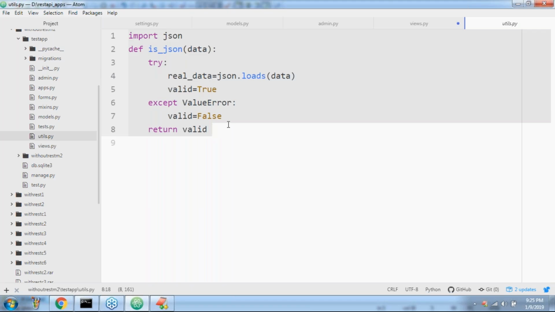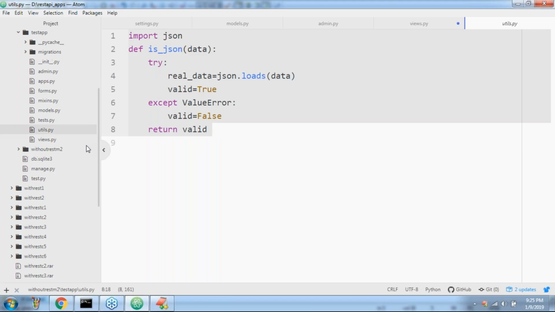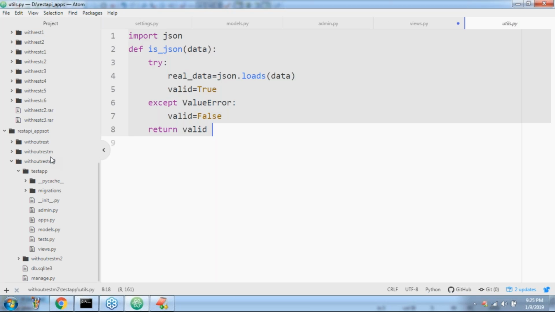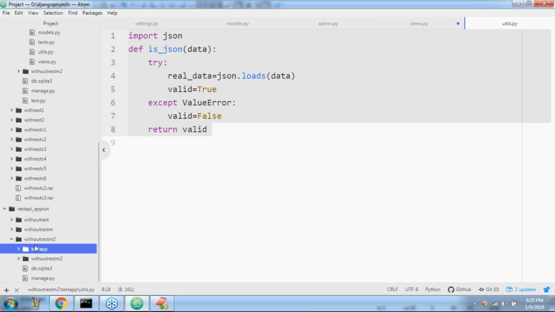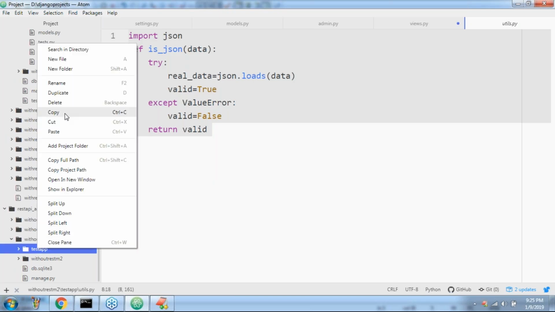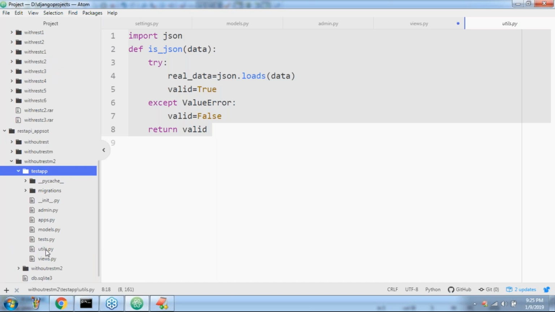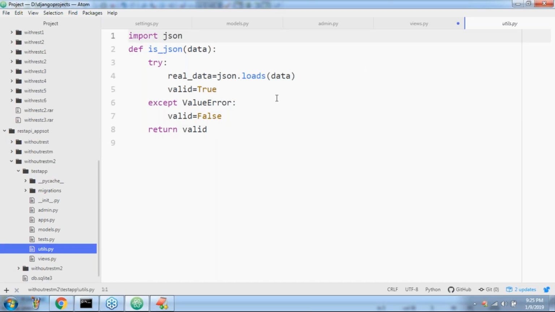Remember this one, sir. Can I copy and paste this file directly? Here I'm just going to paste it inside the test folder. So now utils.py came, and it is related to our application, right?